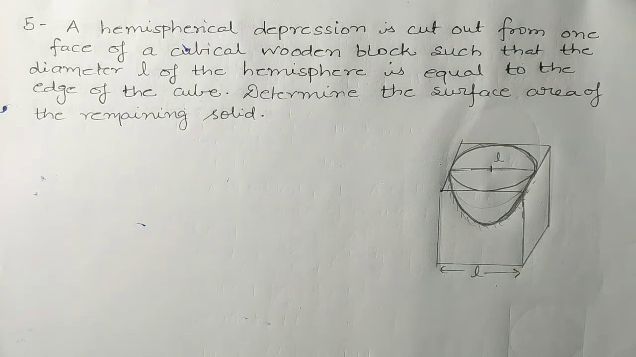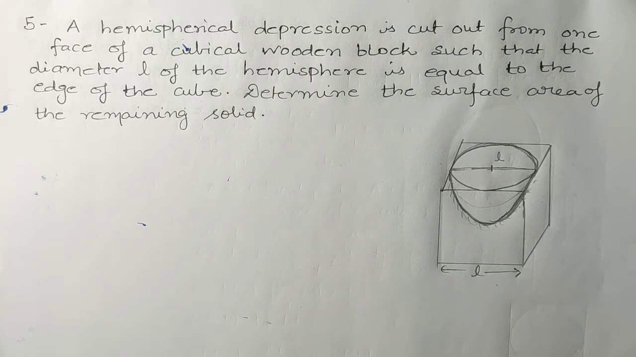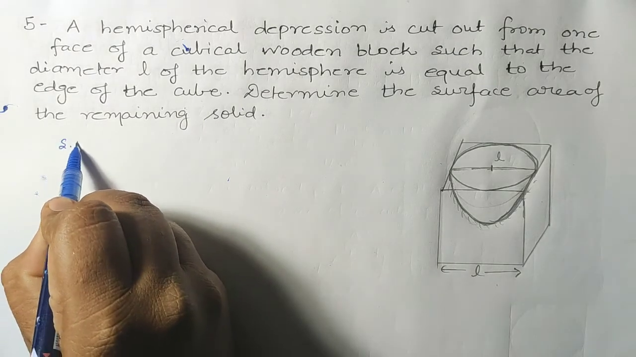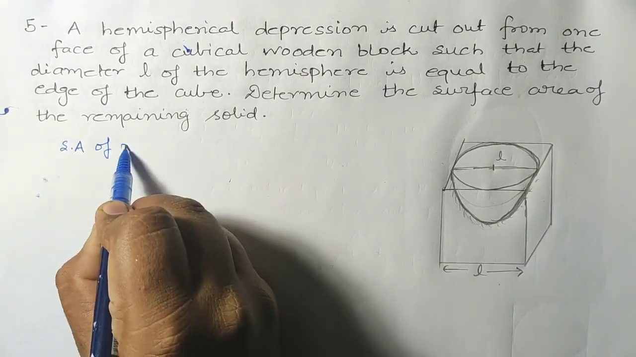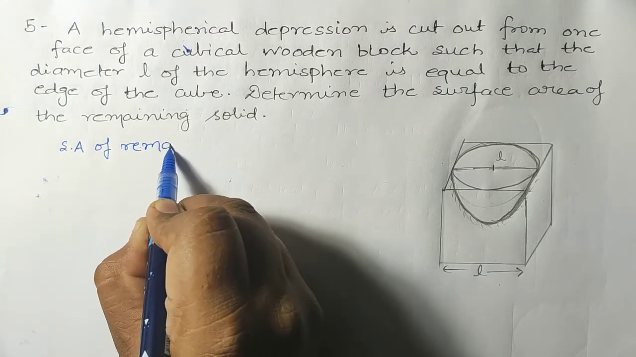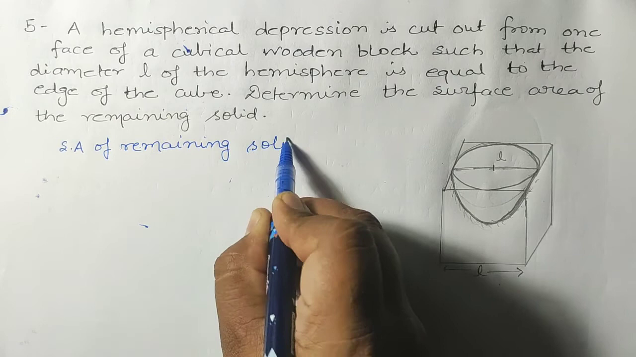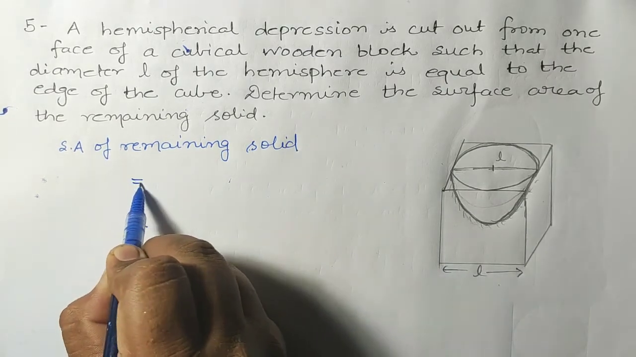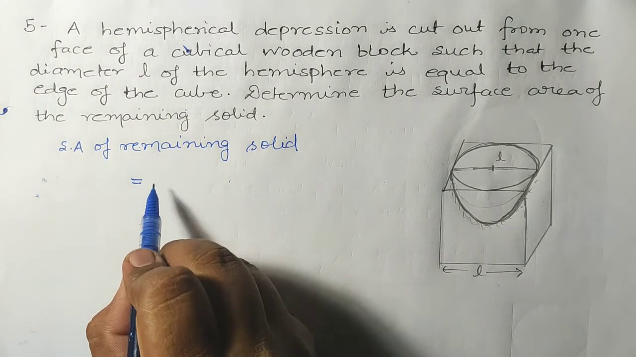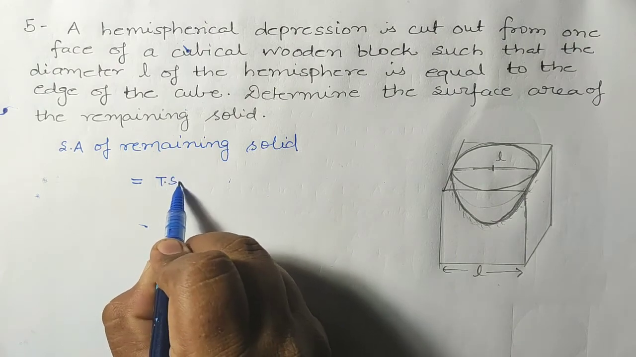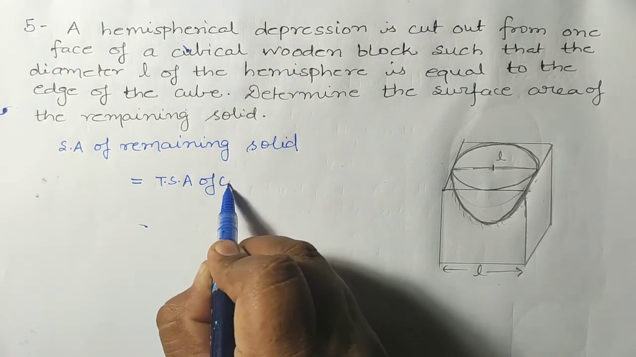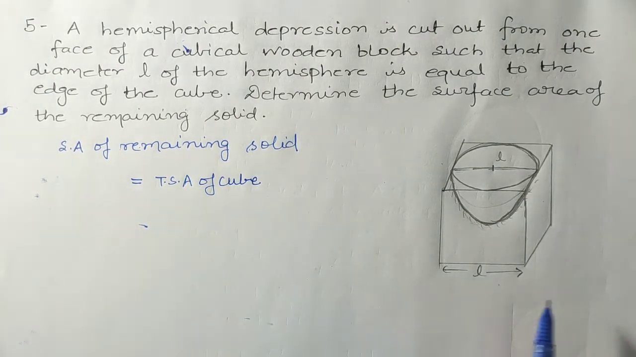For that students, we have to see surface area of remaining solid, it will be equal to total surface area of cube. Okay, total surface area means the area of all its 6 surfaces,